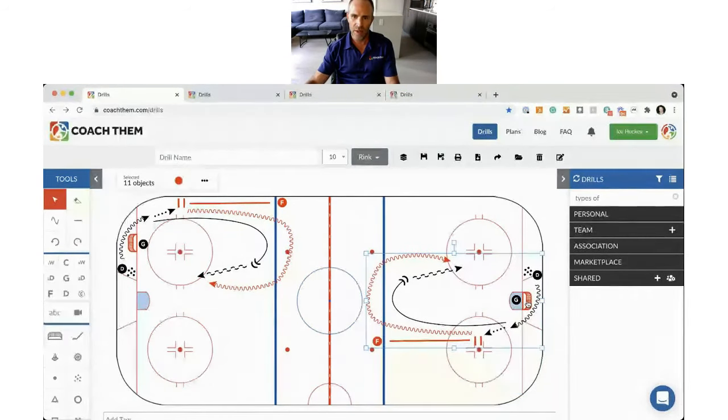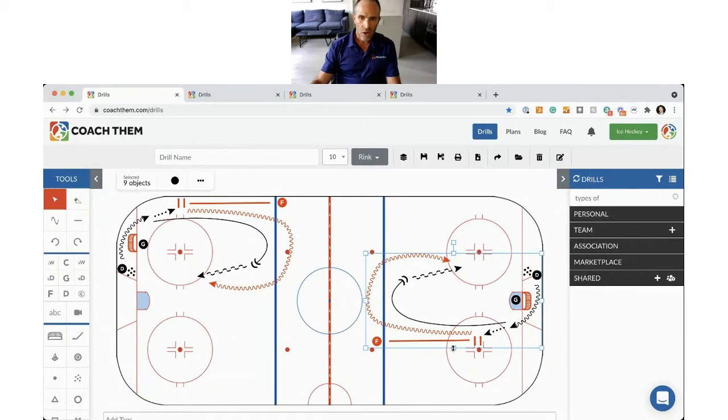So I selected everything. I brought the net right to the middle. And what I'm going to do is I'm going to hold Shift. And when I hold Shift, it allows me to add another object, or it allows me to unadd. So if you notice here, 11 objects, when I click on the net, it goes down to 10, and then it goes down to 9. So I basically deselected both the net and the goalie.